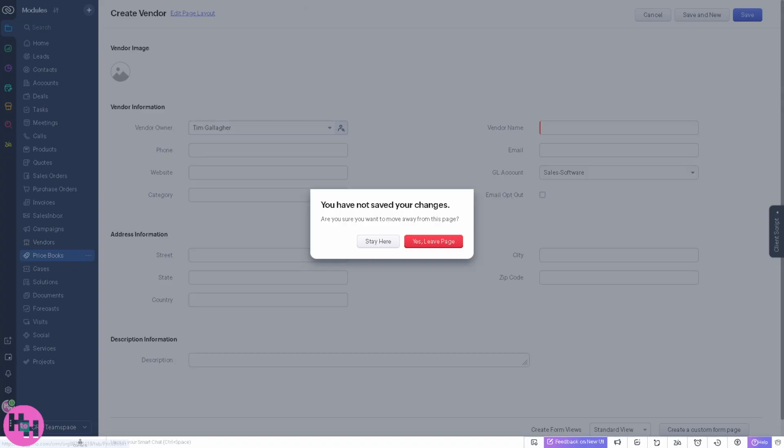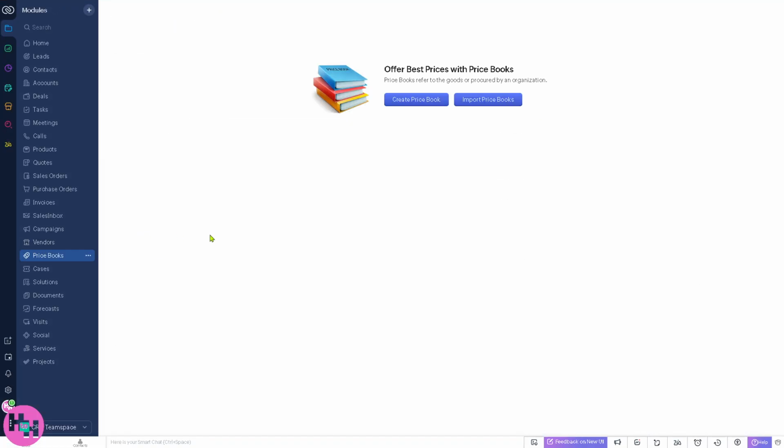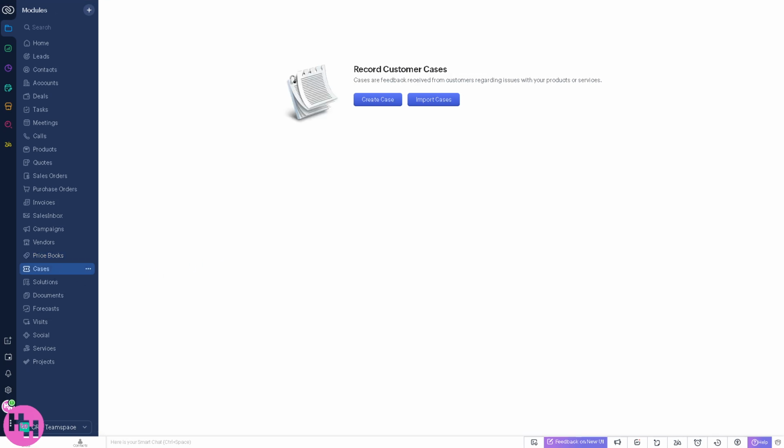Obviously, the price books refers to the specific pricing, allowing different pricing strategies for different customer segments. So you can create your price book here if you wanted. You can go with that. And of course, next is going to be the cases. This is going to be your customer support tickets used to track issues, complaints, or service requests, while the solutions is going to be the knowledge base of answers or solutions to common problems, which is useful for support reps